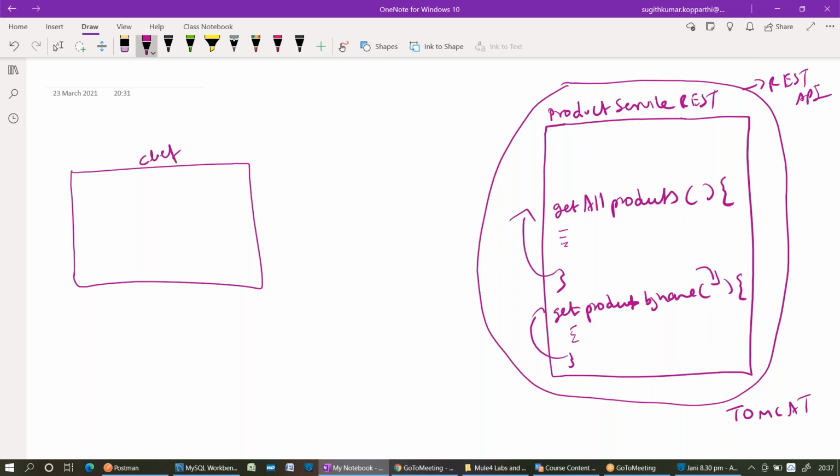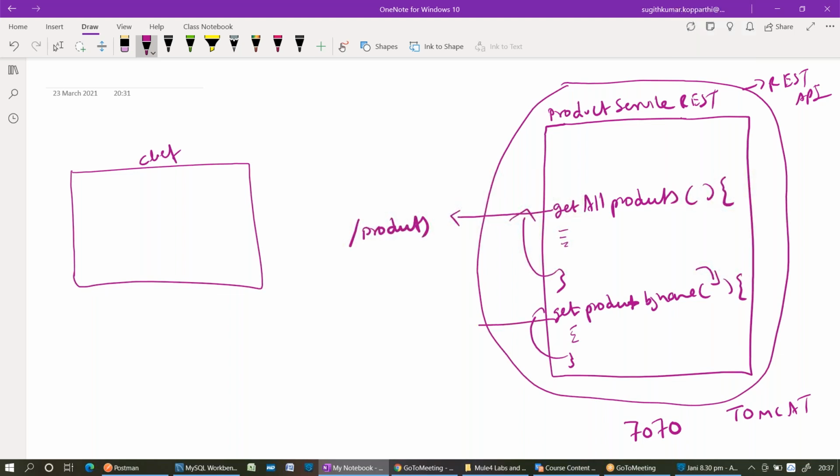Now, in the Tomcat, assume that it is listening on some port called 7070. Now, get all products in the REST application will be mapped to some endpoint. It is called a resource as well; resource or endpoint, both are the same. Assume that get all products is mapped to /products.